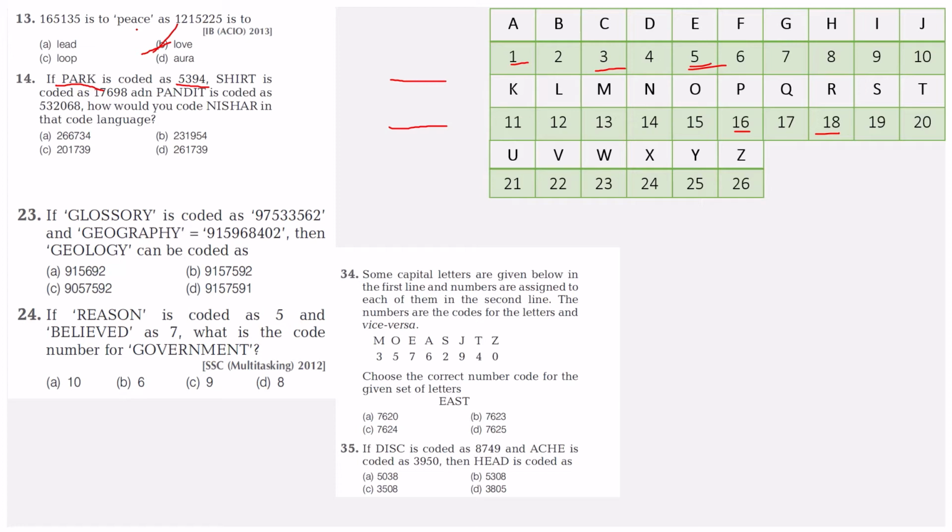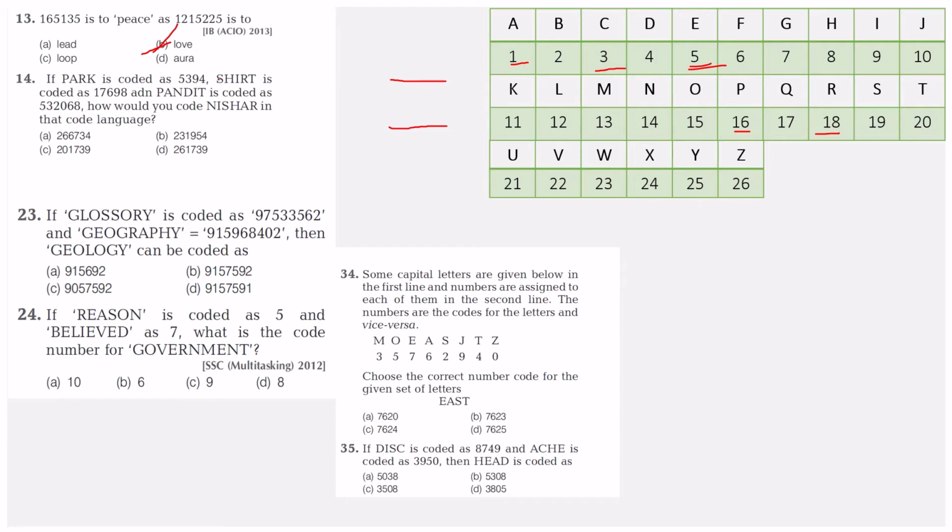So please everyone just take a look. They are giving 2 words and asking you the third word. You need to understand that they are giving assumption numbers which we have to take in the question. So P stands for 5, A stands for 3, R stands for 9, and K stands for 4. This is the basic and very easy solution. You even have to take that code for short also.